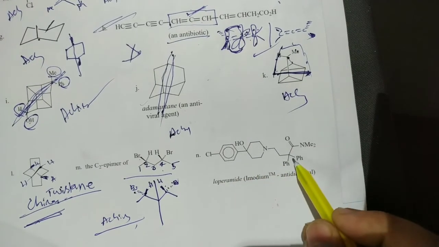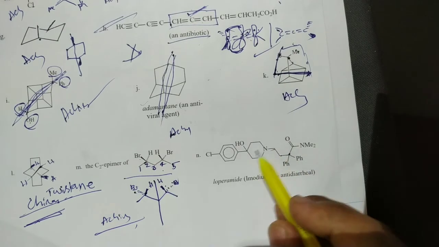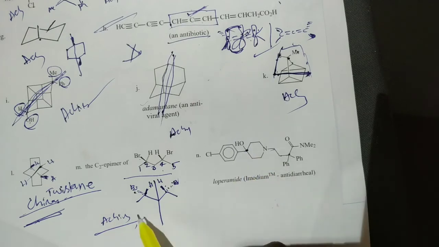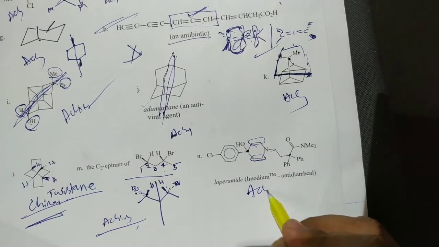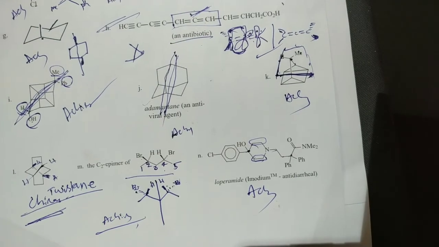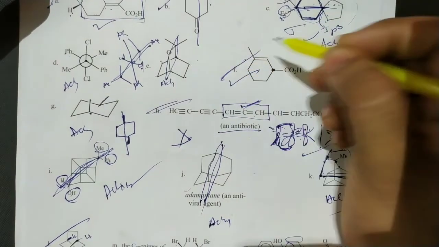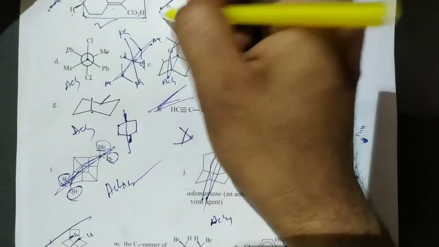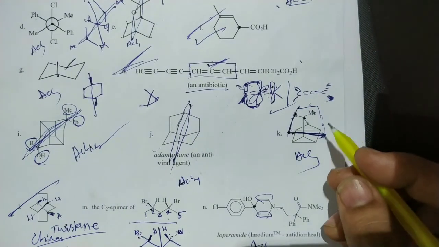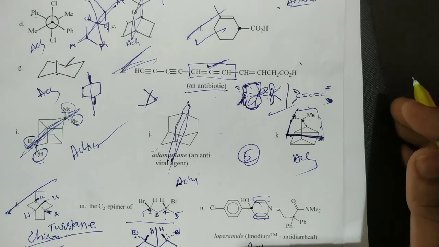In this case this is not a chiral carbon, it's not a chiral carbon. Here also it is not a chiral carbon actually, because of CH2, CH2, CH2, CH2, the same groups, so finally this molecule is an achiral molecule. So finally F is a chiral molecule, H is a chiral molecule, A is a chiral molecule, and B is also a chiral molecule. Okay, totally 5 molecules among the given molecules are chiral molecules.